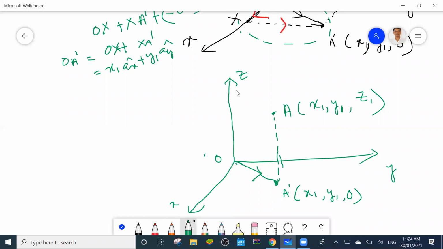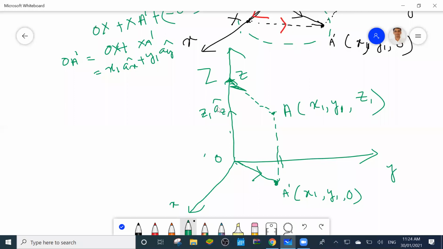So in the Z axis, the corresponding value of this point is Z1. That means from the origin along the Z axis, this one is Z1. So I can write this in terms of magnitude, 0 to this capital Z. Suppose this point is capital Z, and suppose this point is Z1. So this vector I can write as Z1 times Z. This is in space.